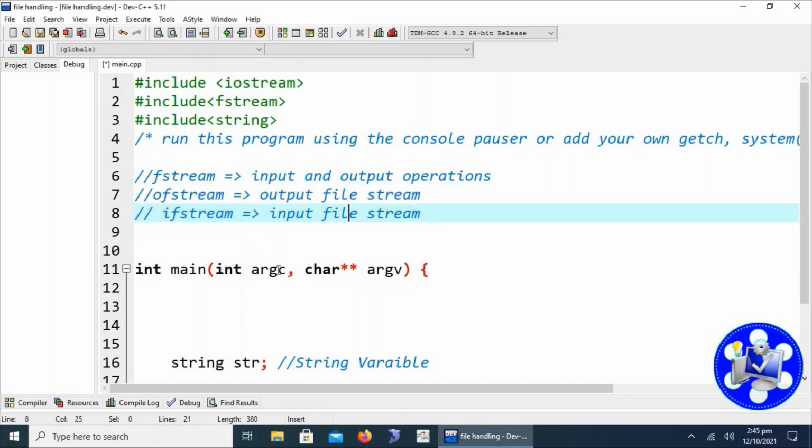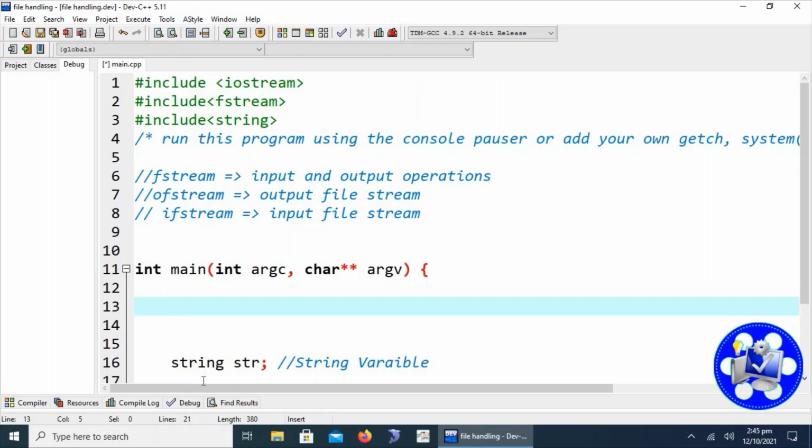Okay, so first of all we will declare a variable of ofstream type. Let's suppose I say this is my file object, where it will locate. Here we will provide the address where we want to create the file.